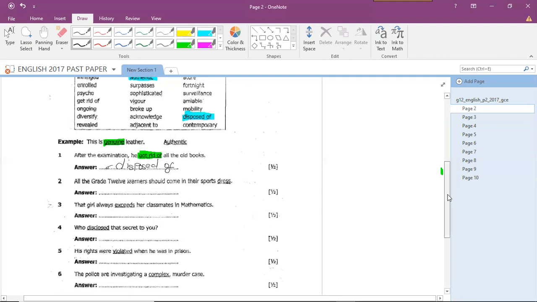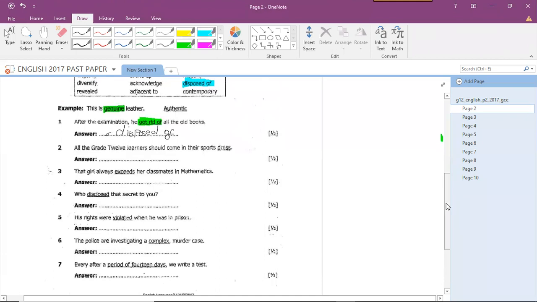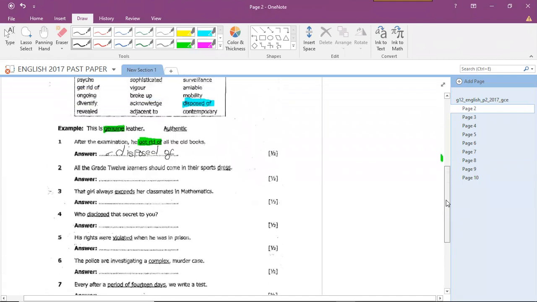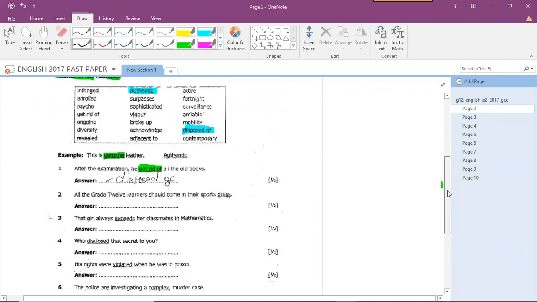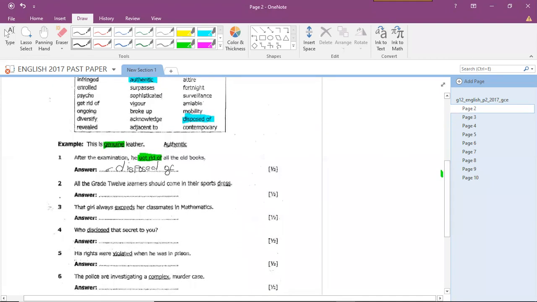Then you continue. By the way, it's quite a lot of work because all your answers carry half marks and there are about 20 of them. So you have to keep on referring to the table. No wonder I say highlight so that you see the words that you've used and how many words you have left. So the second question says,